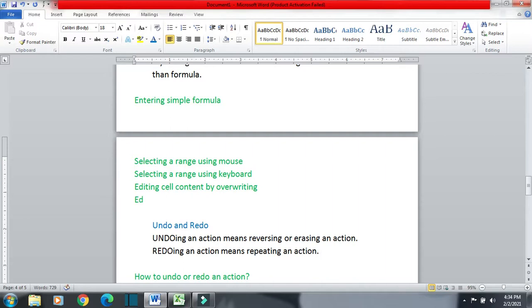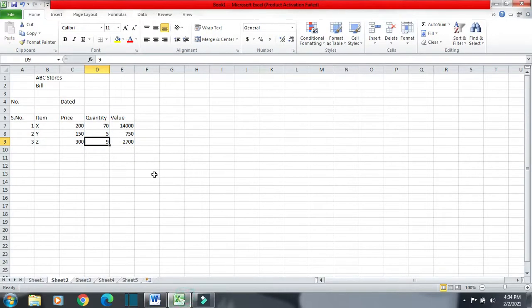One more thing we can do, we can edit a cell content by editing option also. How can we do this? Suppose we have 70 written here and I want to make this value as 700. So I just have to add a 0 here. So instead of overwriting, I can just go for editing.